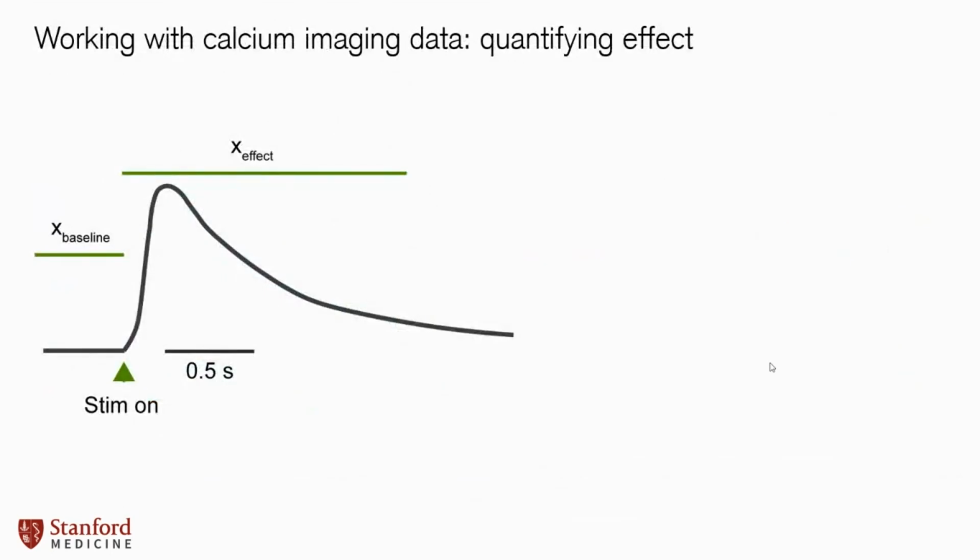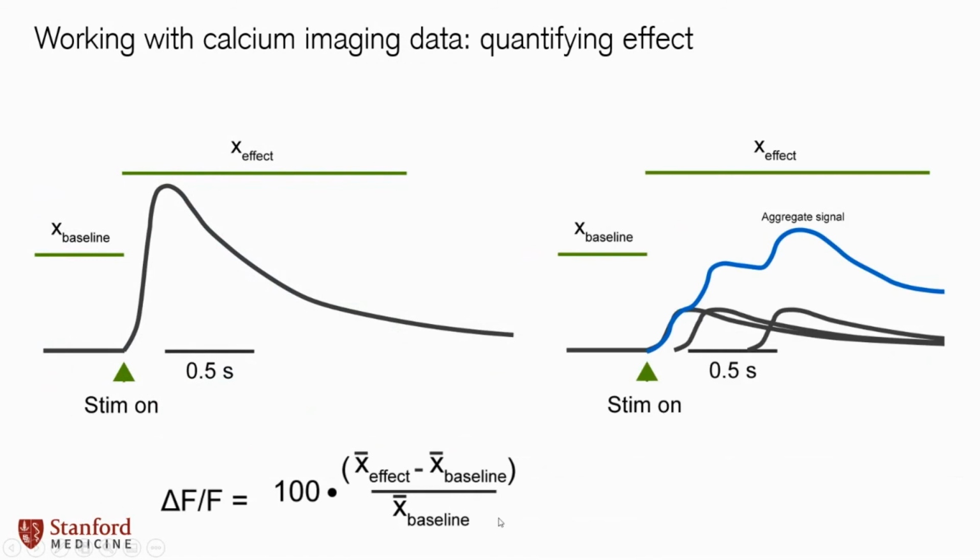And working with this data, what researchers will typically do, including myself, is to have some baseline period and then to have a stimulation event. In our case, that would be ultrasound. And then to look at the aggregate or area under the curve following the stimulation, and then just to compare that to baseline. And you can use this equation down here if you're interested in doing that. And you're never really just looking at one cell where you get this really clean response. You're usually looking at a bunch of cells that summate in space and time. So your aggregate signal will look much noisier than this shown on the left.